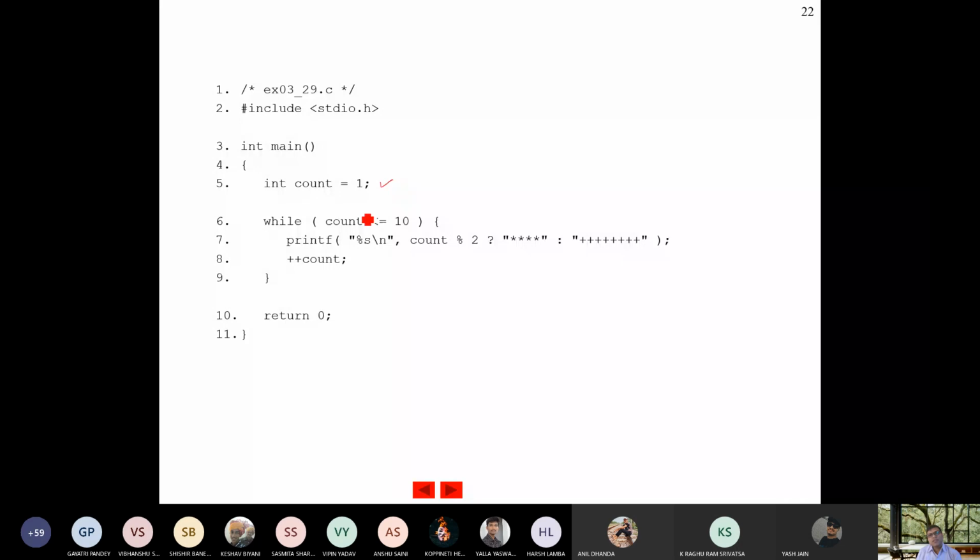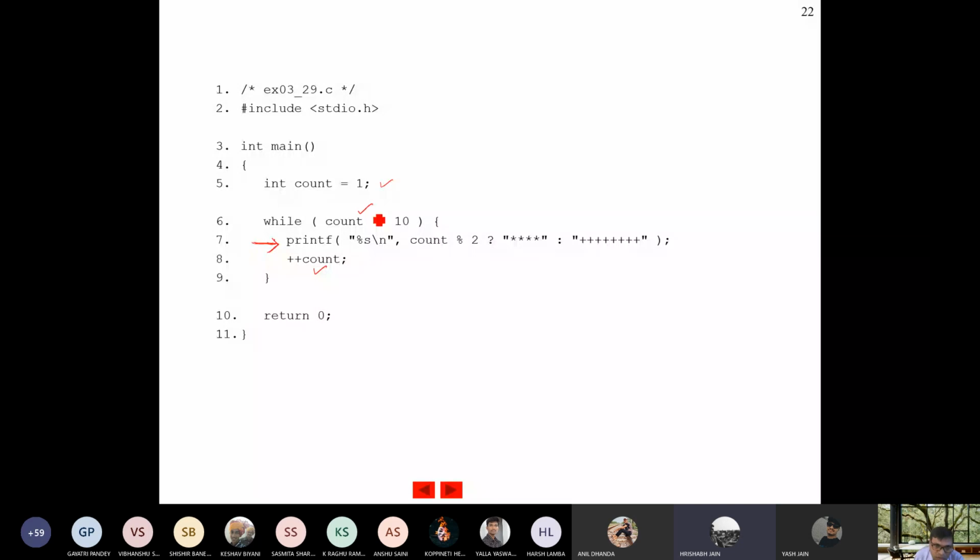This is our initialization, this is the condition, and this is the iteration, and this is the output. So what output will be coming? I will call randomly otherwise. No one is there, sir.